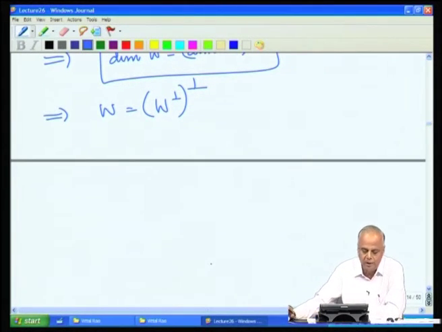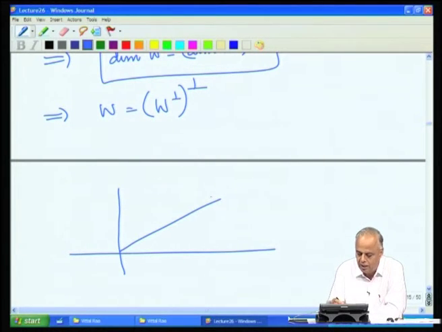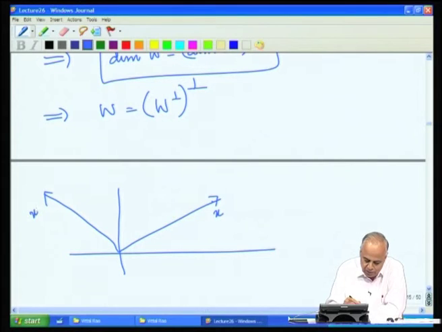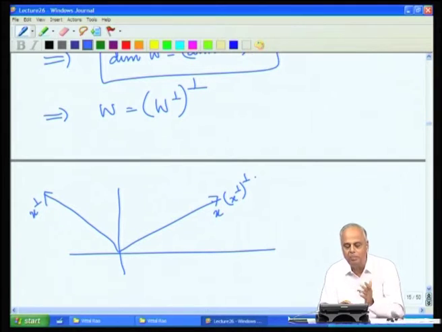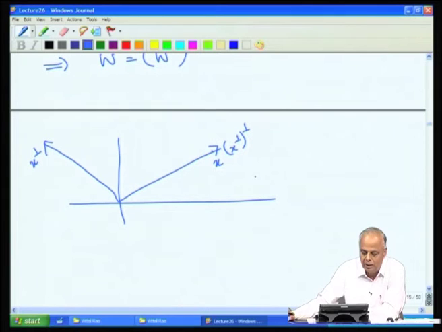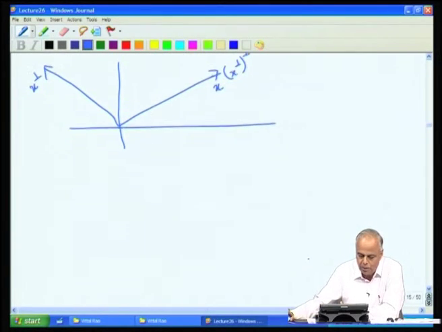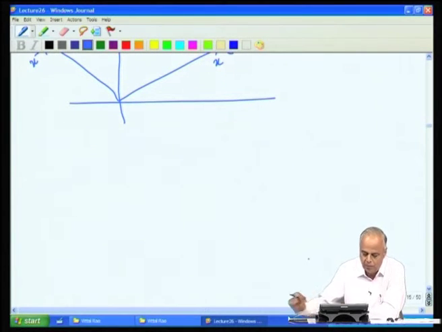This is akin to the fact that suppose I take a vector and I take a vector which is perpendicular to it, again I take the perpendicular to this, I get back to the original vector. So, this is x, this is x perp and this is x perp again. So, if we do a double perpendicular, you get back to the original one, and that is exactly what is being observed here in the general context. The W perp perp is equal to W.